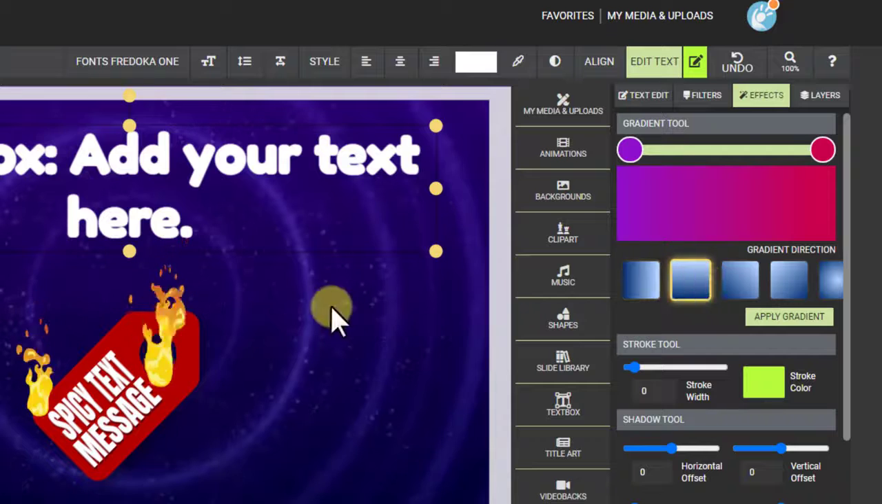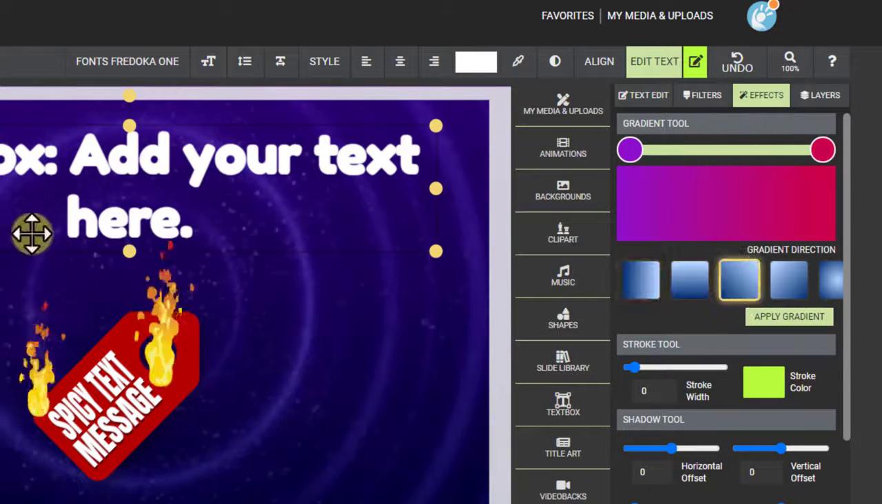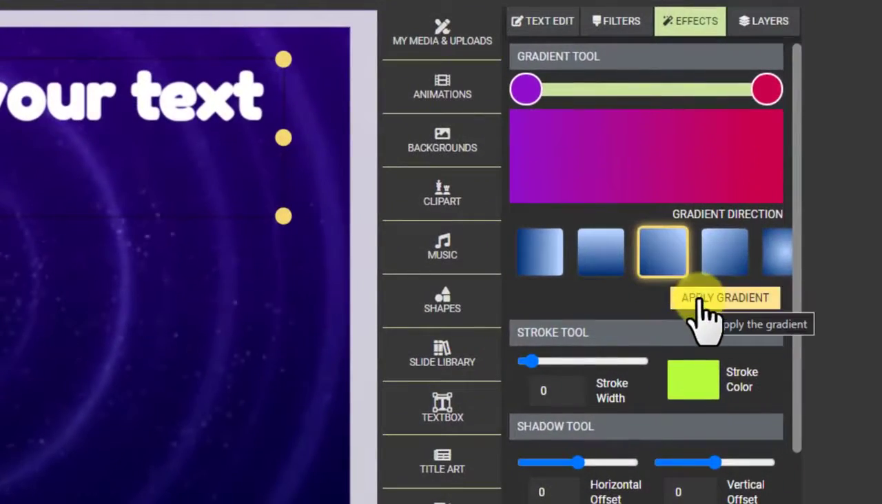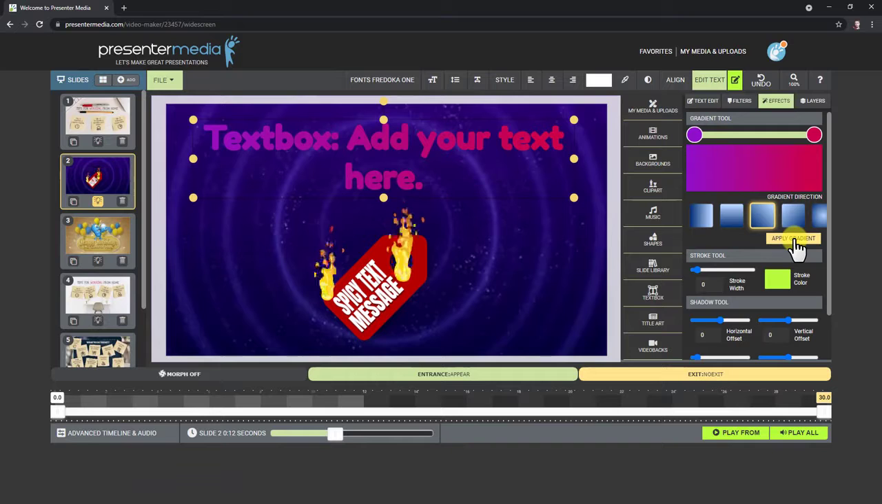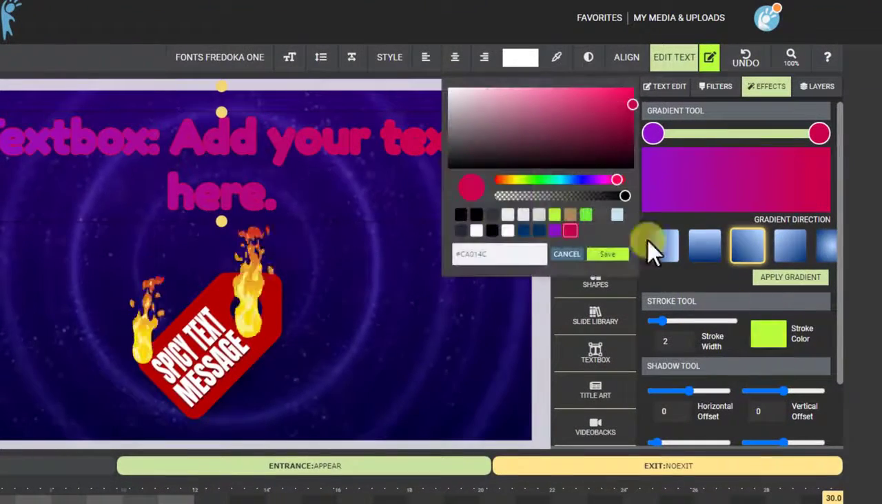I can go up and down. I can go from left to right, and I can go from corner to corner. I'm going to go corner to corner, and you got to click apply text to see what it looks like. Okay, that's cool. And then you got the stroke. You can add a stroke. Right now it's using the same color that I selected last, so I'll need to go into the stroke color